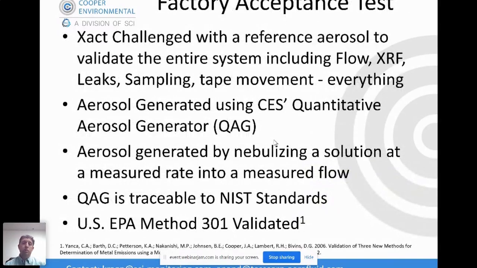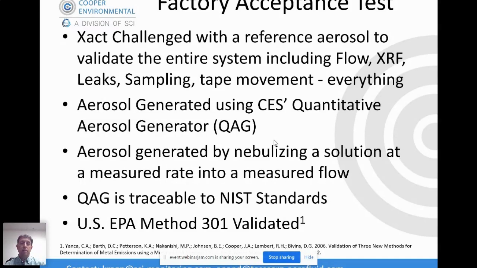Now, before we ship each instrument out, we do a very careful factory acceptance test. And in this factory acceptance test, it's somewhat unique. What we're able to do is challenge the entire instrument with a reference aerosol. By doing that, we're able to challenge the entire system and every part of the system to make sure that it's working correctly, so that when it gets shipped off to the customer, you know that your data is